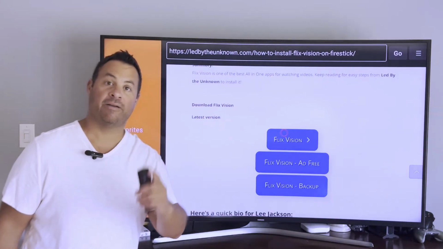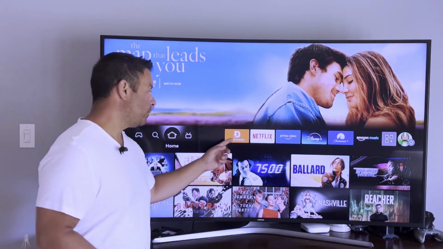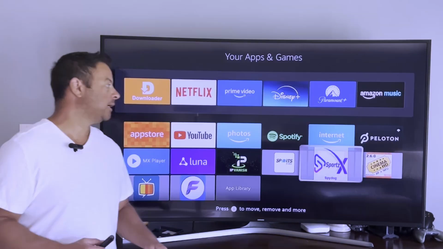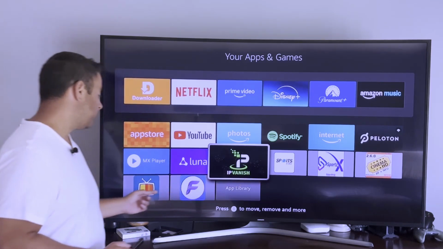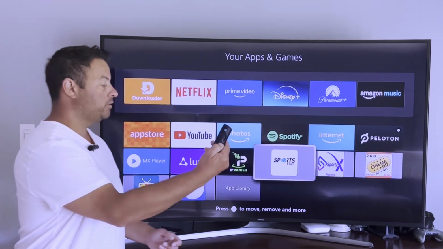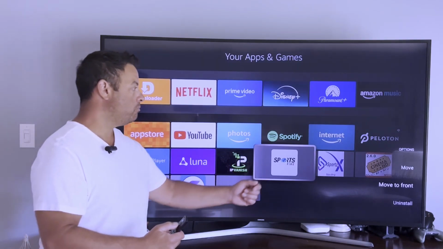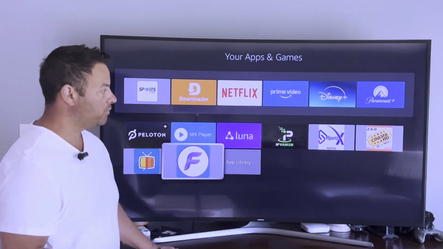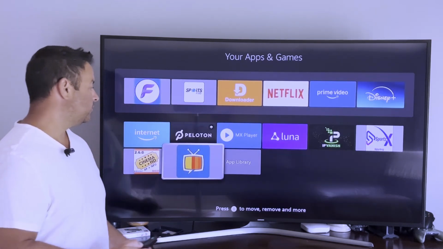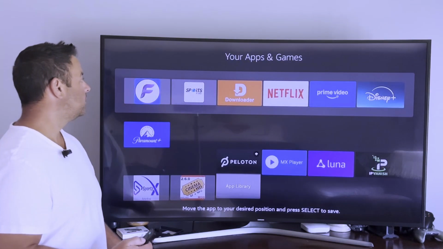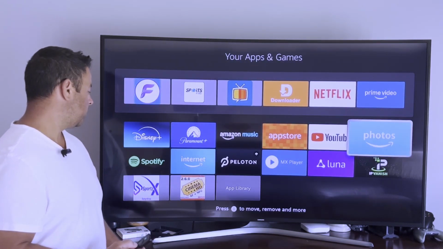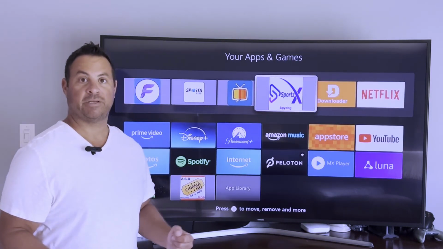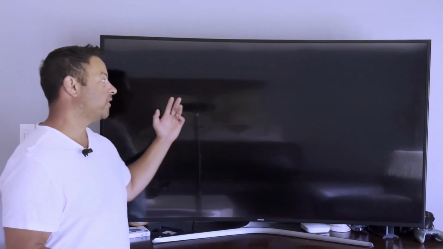Let's hit the home button and find out where these went. So remember where we found downloader? Well, same thing. We can go to the 3 squares plus sign, and here the last files that we downloaded end up in our list. So we can use our 3-line button here, move it to the front. Let's go maybe Flicks, move to the front. I'm going to do stream, move it, right? Then we can do the same with sports. Highlight it, move. Now we have all these applications on our Amazon Fire TV stick up front and center,